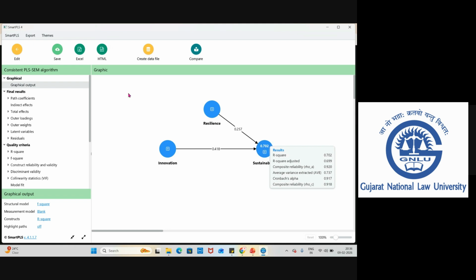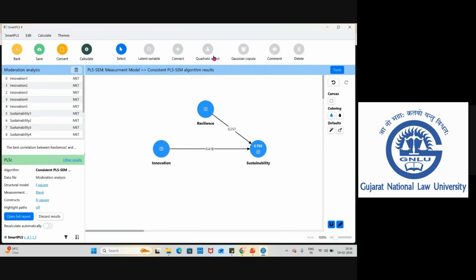If you want to understand the moderating effect, let me go to Edit. I think connect it. I'm connecting the moderator to see how much it is going to strengthen this particular relationship. How much it is going to strengthen the relationship.